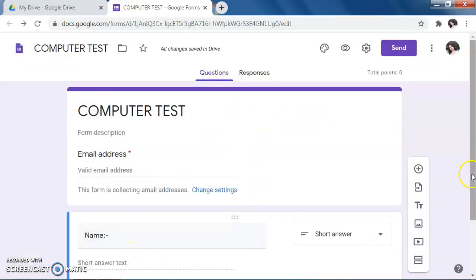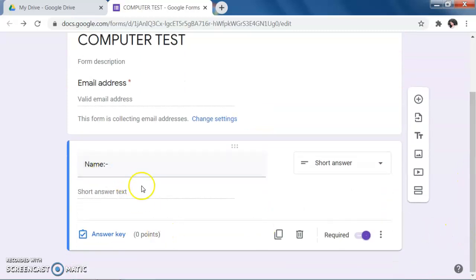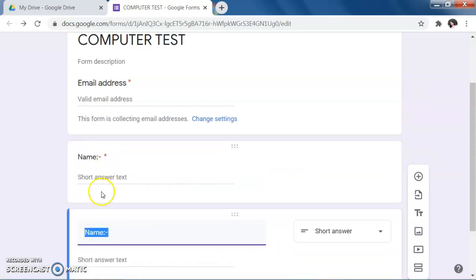Then come here, after name you can click over here. After name you need roll number and class or section from the student, or if you have already fixed it for a class, then you can write down roll number and name, and roll number is sufficient. If you want to create the same type of question, you go for duplicate. It's like a copy and paste. Then you can write down here, suppose, roll number,